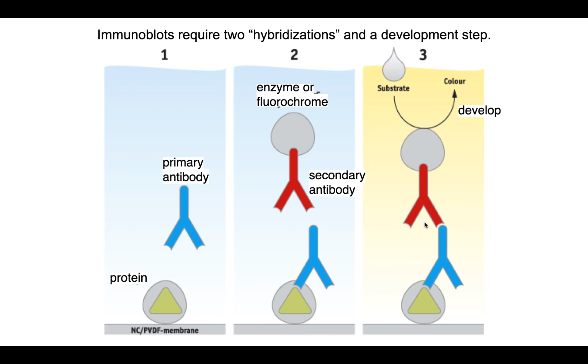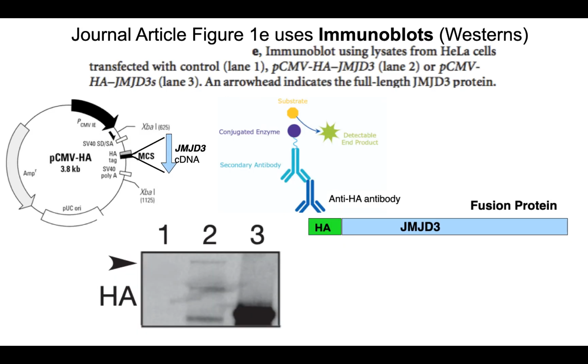And then you wash it, and then you add whatever it is you need to get this color change. So adding substrate to develop color, you're developing that blot. Now, the journal article figure 1E and lots of the other figures within that journal article use immunoblots, use Westerns. So if we read very carefully the figure legend for figure 1E, it says immunoblot using lysates from HeLa cells